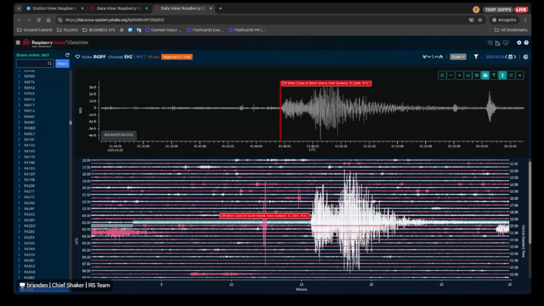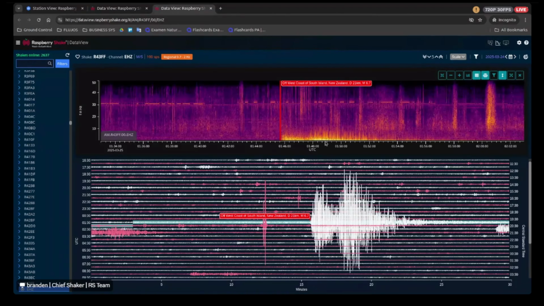And then the secondary wave, especially if you look out towards the tail of the earthquake or the coda, you'll see that the space between the waves that are crossing over the x-axis of the earthquake, it's actually spacing out, right? We can see this also when we convert over to the spectrogram view,